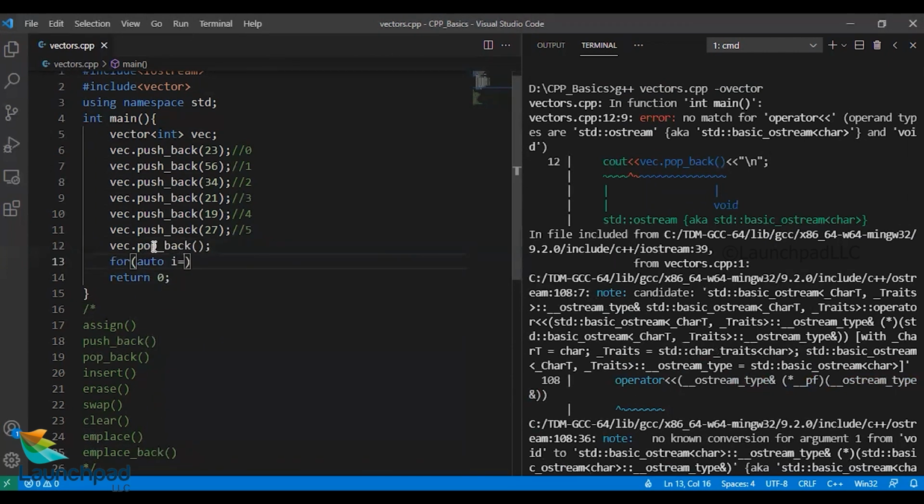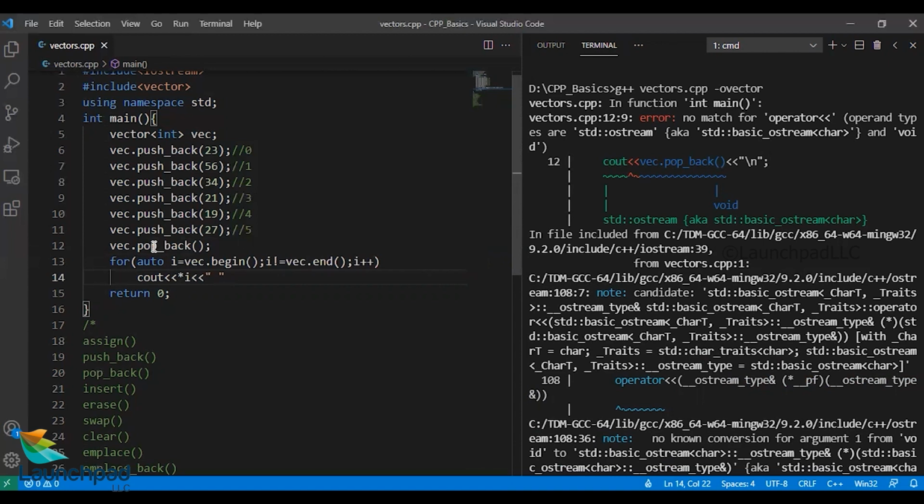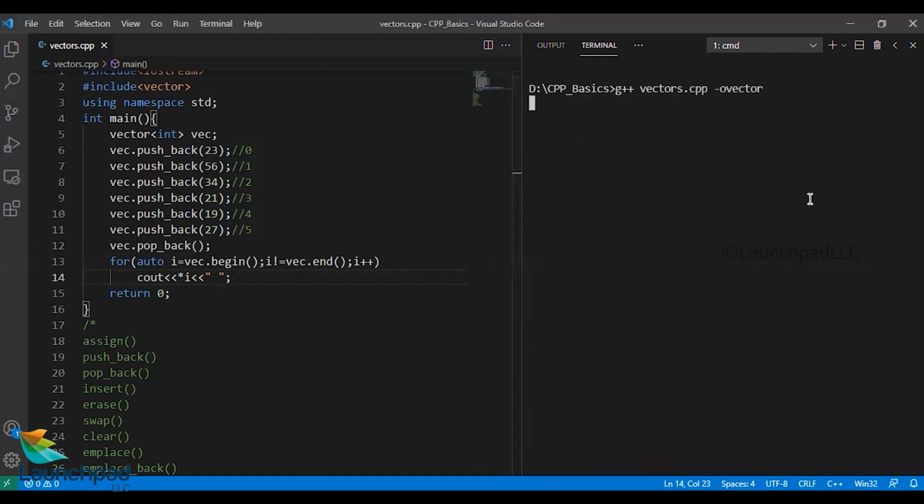Auto i is equal to vec dot begin, i not equal to vec dot end, and i plus plus. We simply print out each element with a space after it. Let's clear the screen, compile it once again. Let's run the file. And when I run it, you can very well see the 27 value is not there because I have popped back the element which is at the last position.